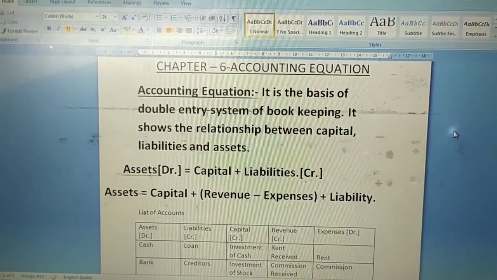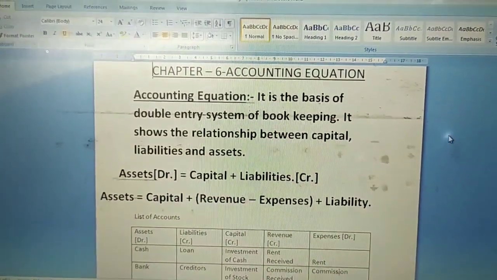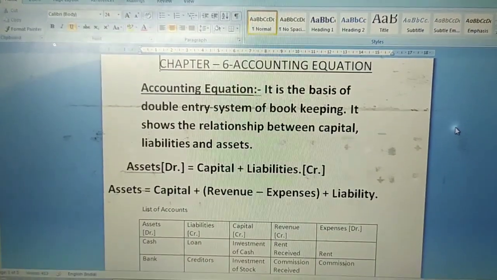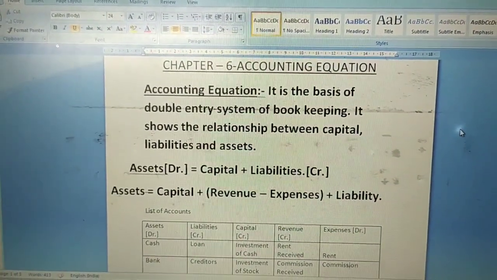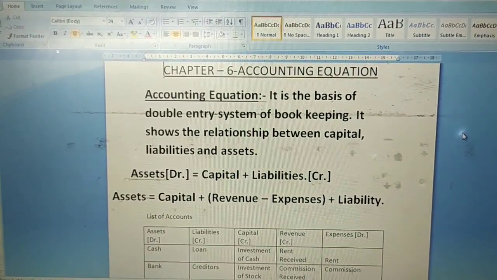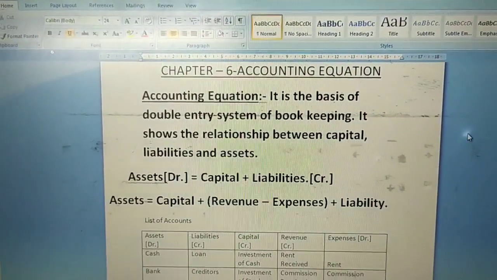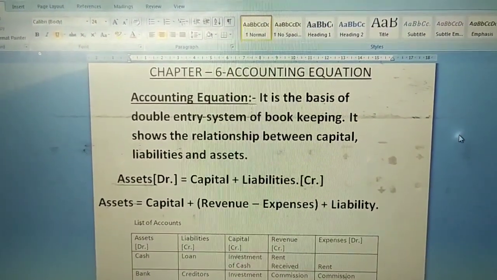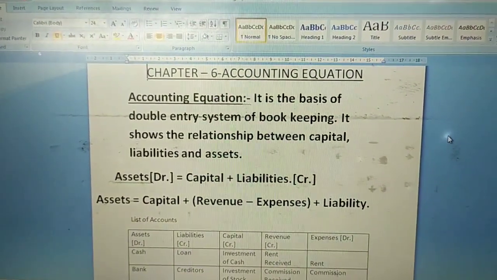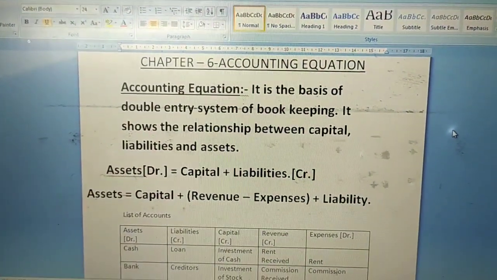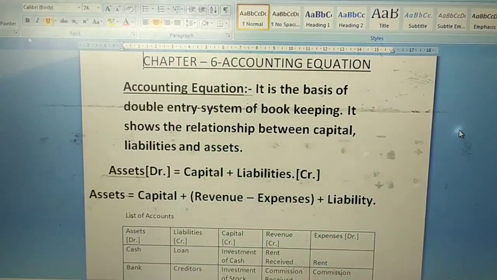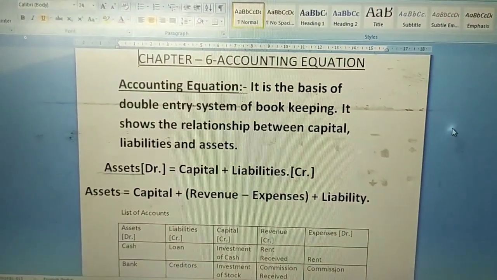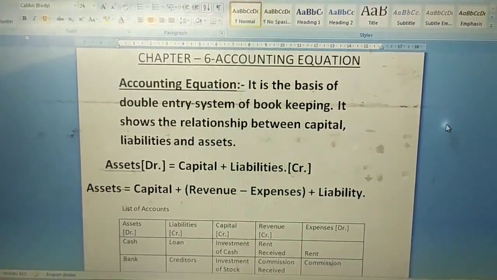Moreover, in the transaction not only asset, capital and liability is involved, but also revenue and expenses. Revenue is the part of capital, is the same as capital. We will be adding it because revenue is the liability of the business towards the owner. Whatever the business is earning, that they need to refund it to the owner. That's why revenue is added, and expenses reduce the liability. That's why expenses is subtracted. So we boil down to the formula as asset is equal to capital plus revenue minus expense plus liability. That means with capital we will adjust revenue and expenses. We will add revenue and we will subtract expenses.